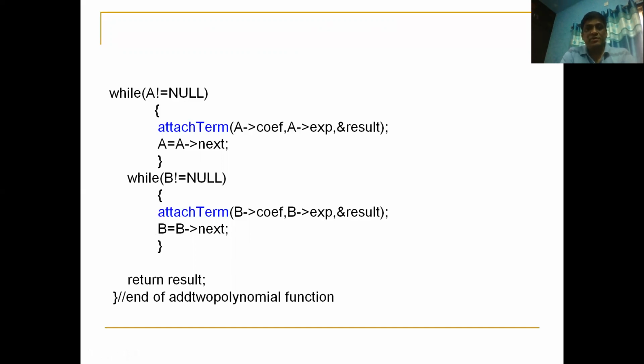So for this entire process, what you need to remember is that we assumed, while writing these functions, that the polynomial terms are ordered in decreasing order of exponents. So it is compulsory to understand that point. The polynomials are given in the decreasing order of their exponents. That means 3x power 5 plus 2x plus 1. So always the exponent terms must be decreasing. So that is the order we considered. Otherwise, these functions will not work. Okay.